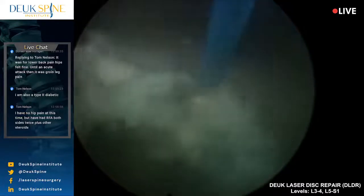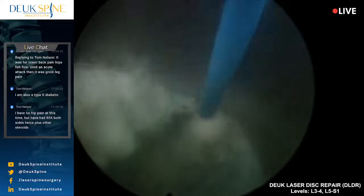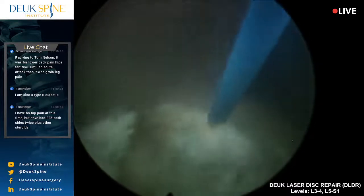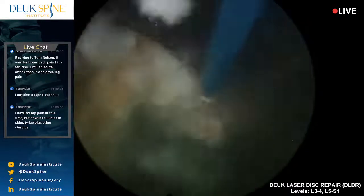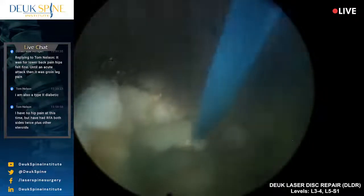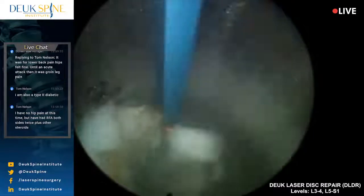Yeah, that patient would like to add that they have not experienced any hip pain at this time, but they have had RFAs on both sides. Yeah, but RFA doesn't cause avascular necrosis. RFAs are not epidural steroid injections. The steroids are generally large amounts of steroids that are given with...